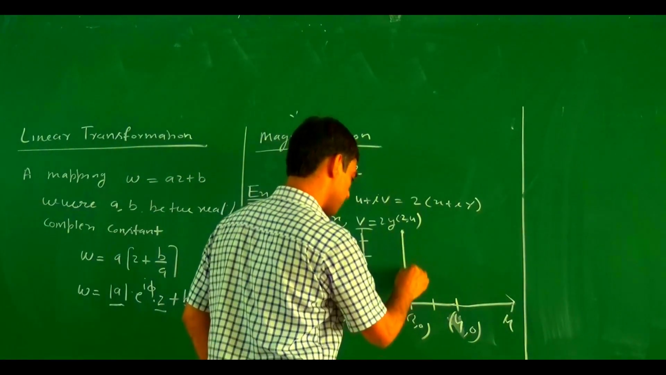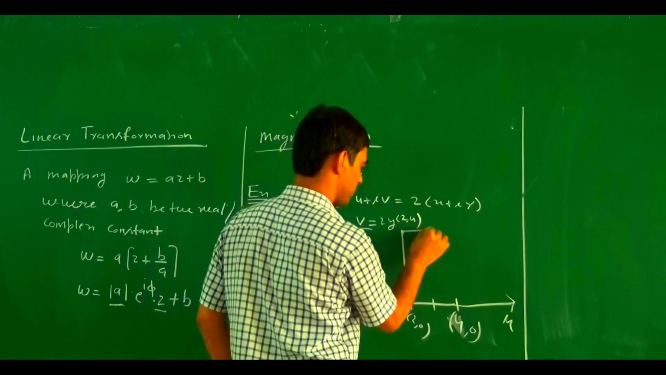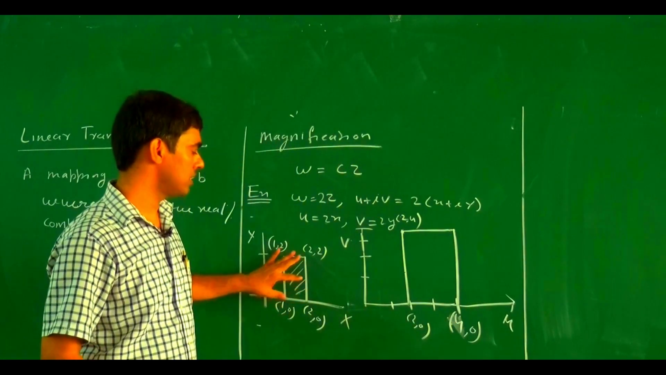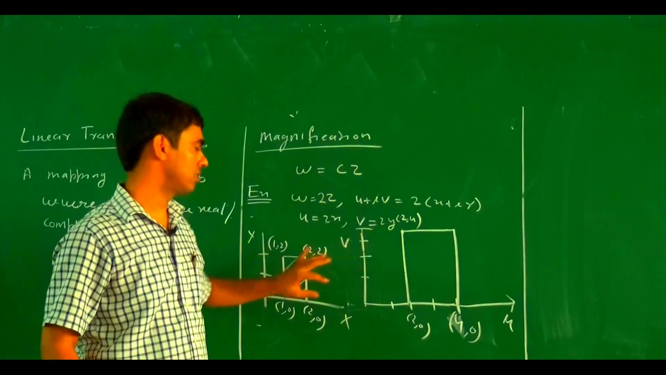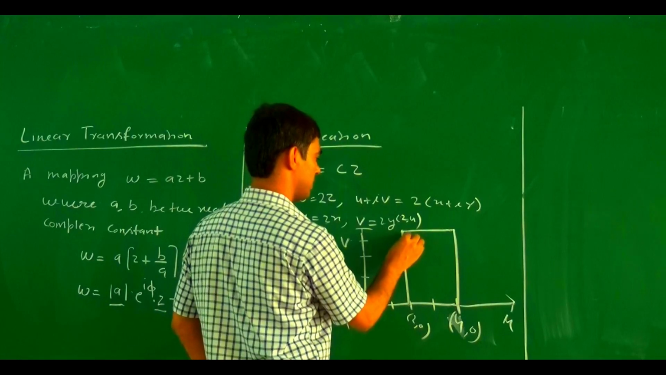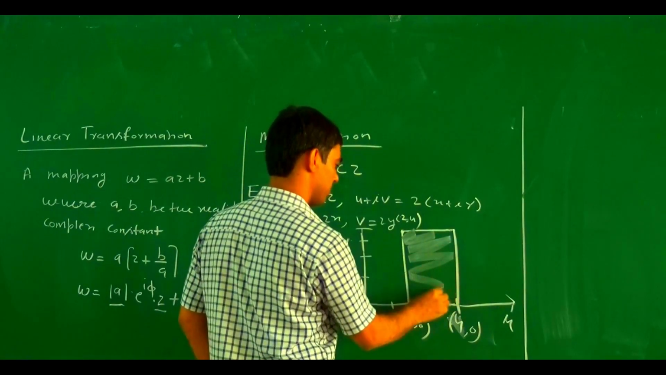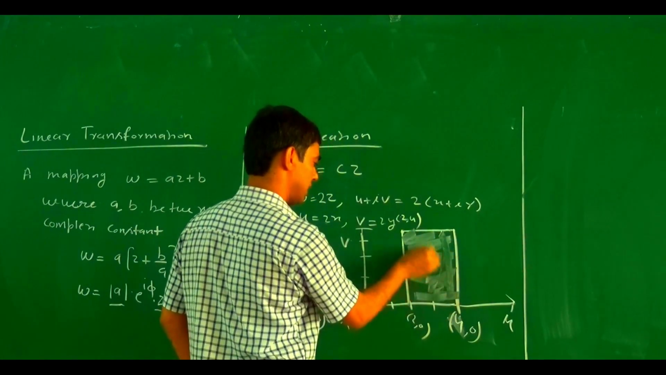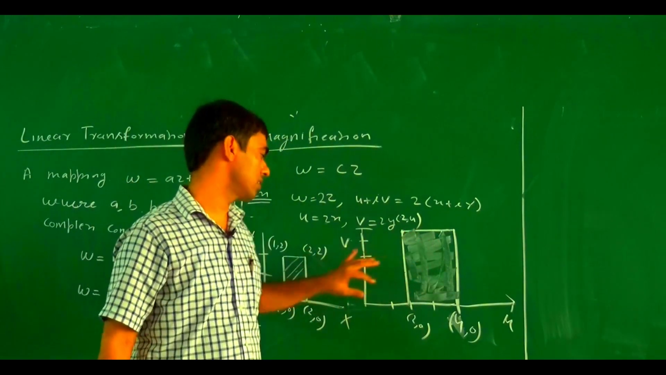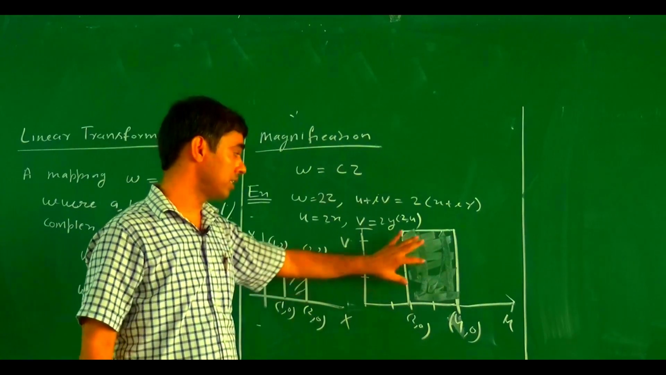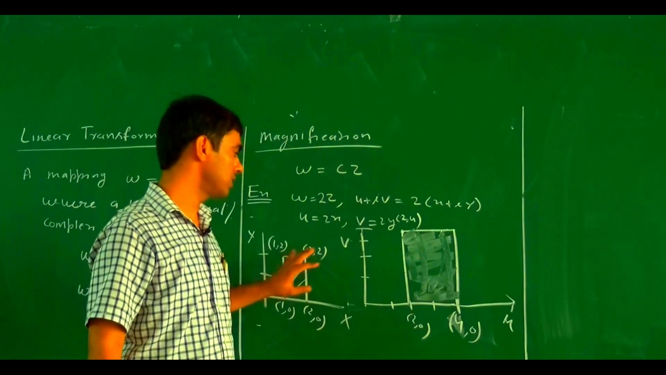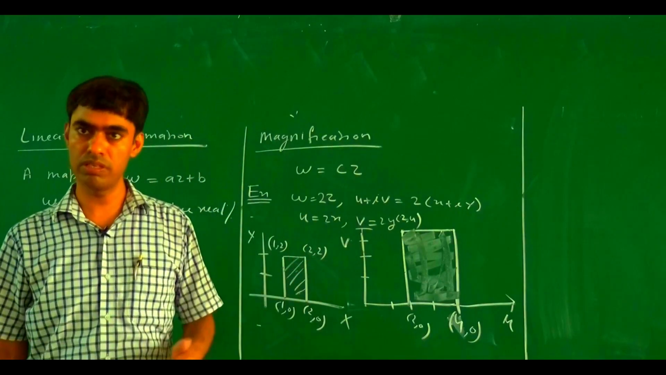So this is a region. This region is just double of the other region, it's 2 times. This one magnifies. Magnify means the area of this region is just double, and the area of the original region is just half of this region. So this magnifies